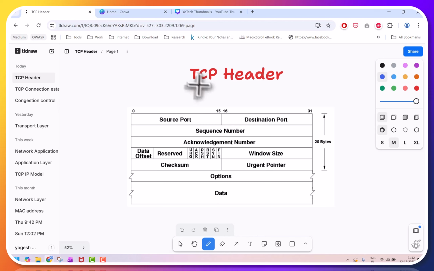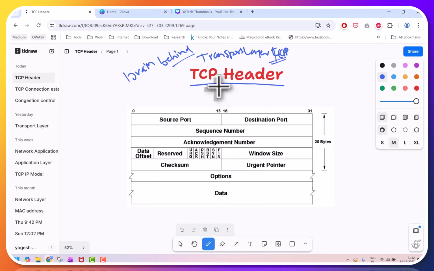In this session, we will try to understand the TCP header, the brain behind transport layer TCP. So have you ever wondered